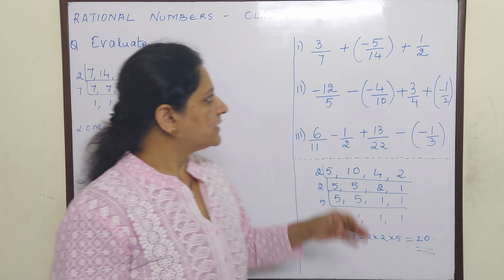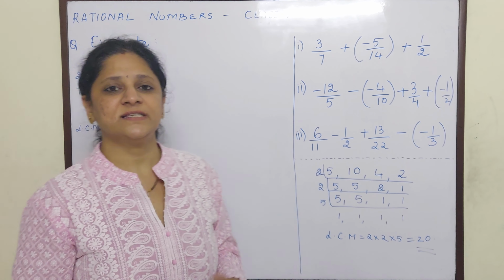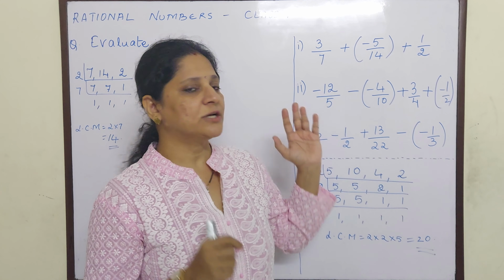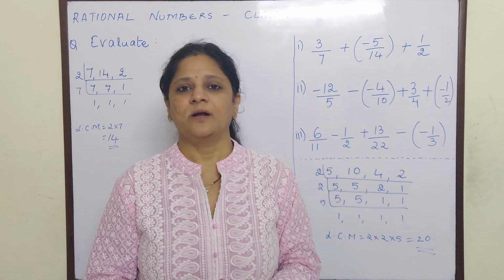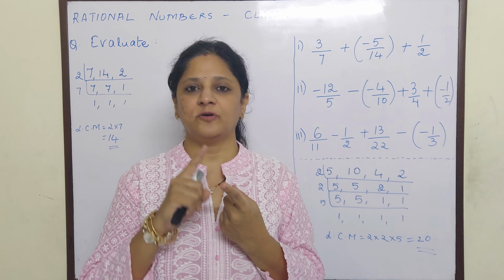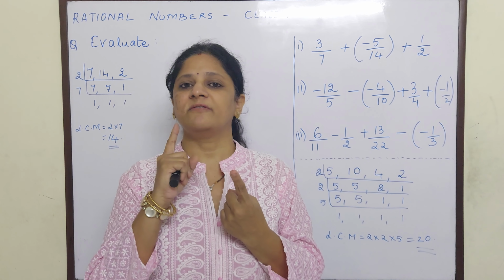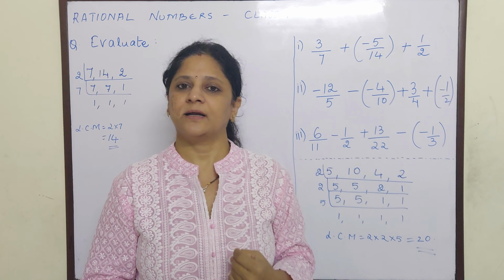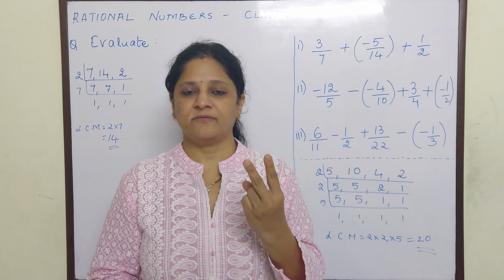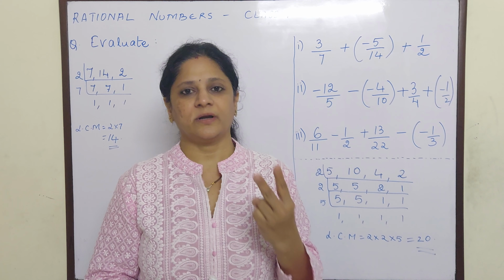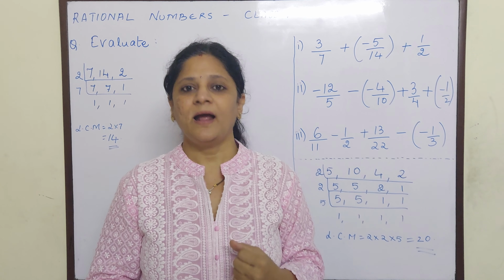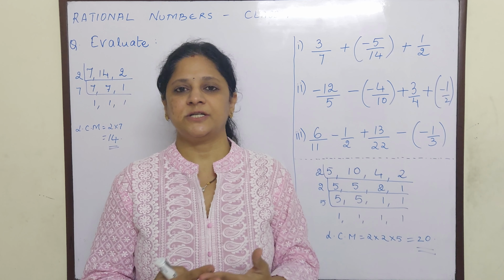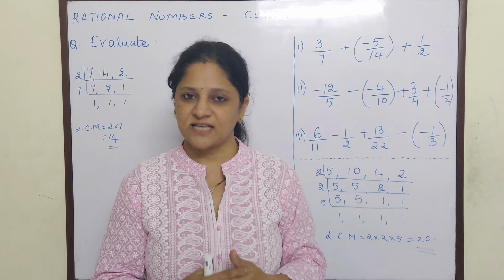We have learnt in our last video, children, that you should always remember the steps involved in addition or subtraction of rational numbers. First, before a number there should always be one sign. If there are two signs, you multiply them and make it one sign. That is your first step. Second, you check whether the denominators are equal or not. If they are not equal, you find the LCM and make equivalent fractions, and then do addition or subtraction as the sign suggests.